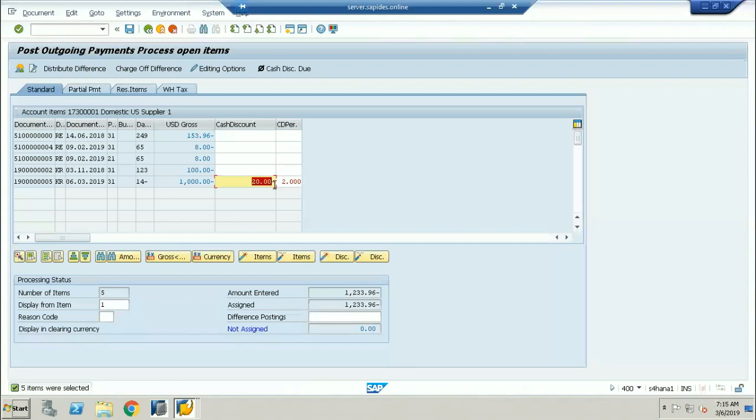Do one thing, Rahul. Now I don't want to clear all the invoices. You are telling me that if I'm not going to give any invoice number, the system will pick up all the invoices. I just want to clear only this particular invoice, Rahul. I don't want to clear all the invoices. So is there an option where I can proceed with only one invoice number? Yes. See here, I'm coming back once again.